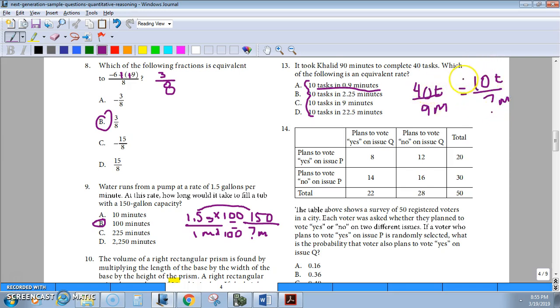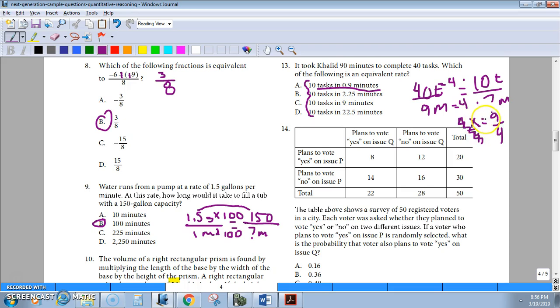So let's work backwards. It looks like 10 times 4 is 40. So I'm looking for something that when I multiply it by 4, it gives me 9. So we can do a little equation. 4 times something, I always call it x, is equal to 9. So we divide both sides by 4. x is equal to